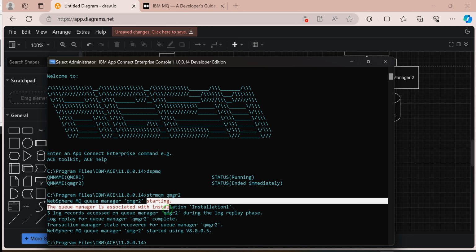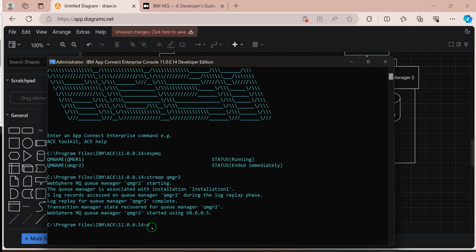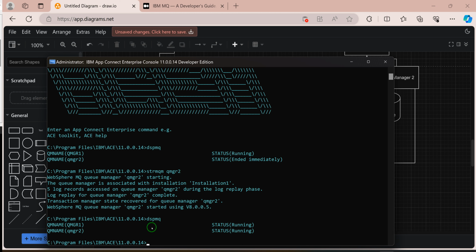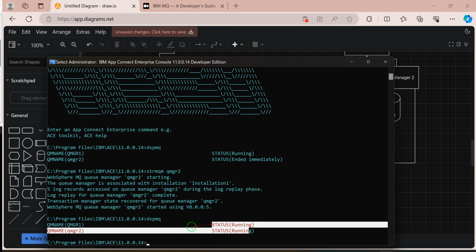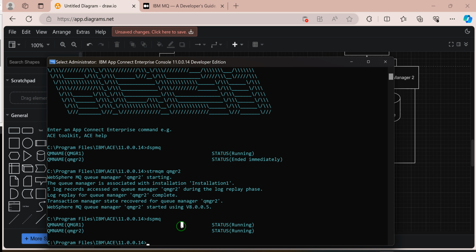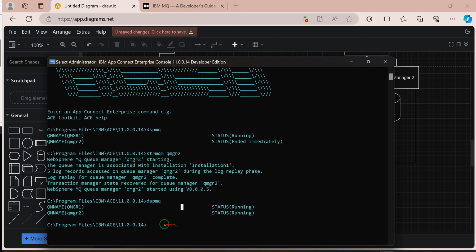See, starting. If you display it again, dspmq, and give the name, we have two now. The status is running on both of them. This will display the queue managers. And if you want to delete it, you could say delete qmgr. Let's say, let's create one, crt, like if you want to create it,